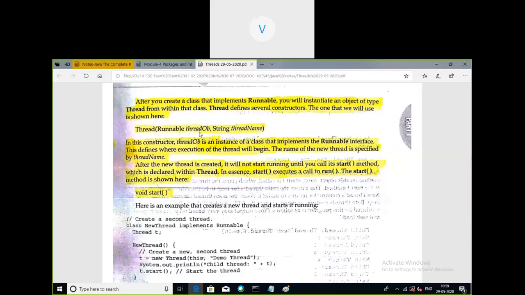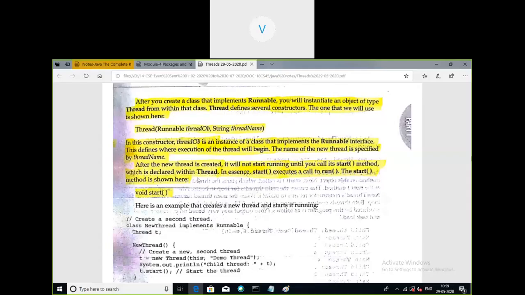Whenever we create a new thread, it will not start running until you call the start method. When you create the thread, it will not begin execution; it will be in the just-beginning state. If you want to begin execution of the thread, you should call the start method, which is declared within the Thread class. In a sense, start executes a call to run.